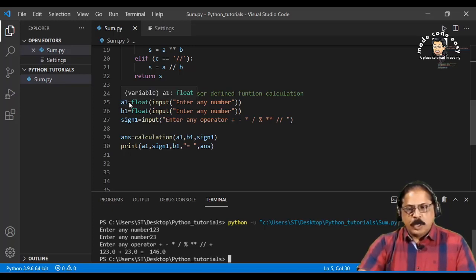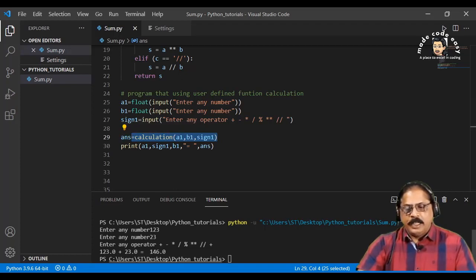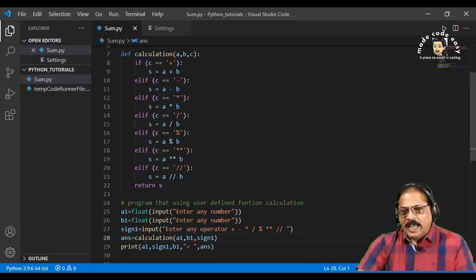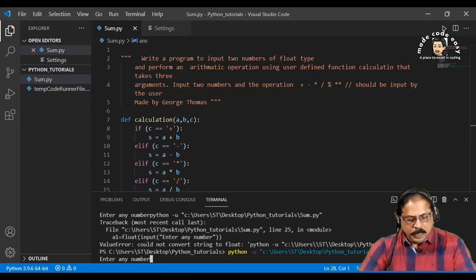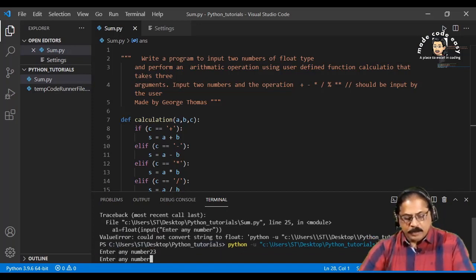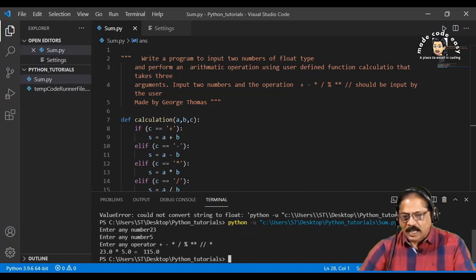Its input is stored in A1 and B1 and asking for an operator, and the function is called, the answer is stored in ANS and it is printed out. If you want to run this program again, click on this command, run code. The computer is asking for a number, I have given 23, I have given 5 and the multiply sign, the multiplication of two numbers.